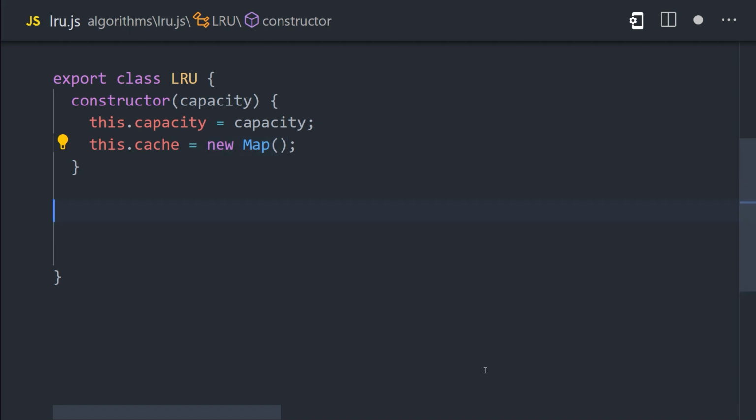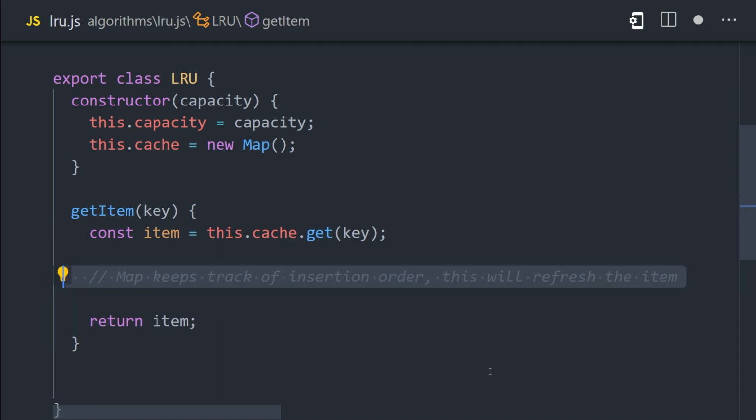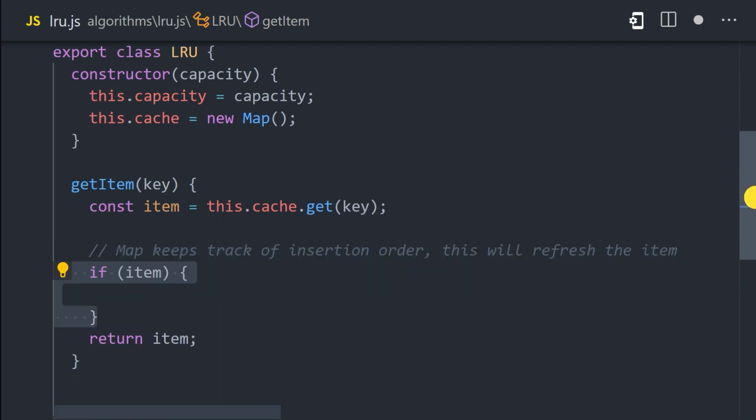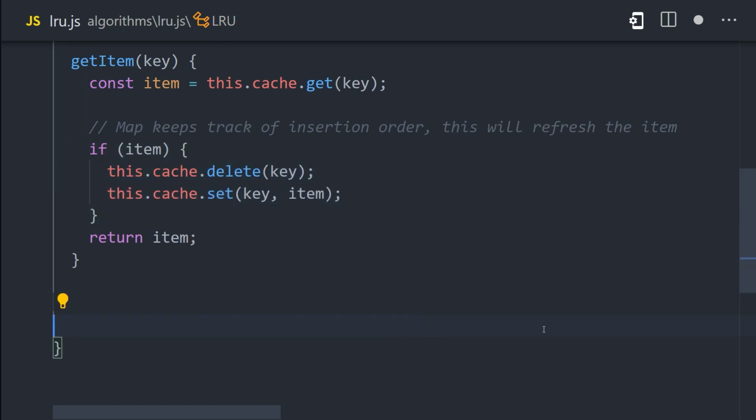Now we need to define some methods or functions to interact with them. First, we'll define getItem to retrieve an item from the cache based on its key. This is really simple because the map has a built-in method called get that takes a key and returns the item. But here's where things get interesting. If the item already exists in the cache, we'll want to delete it and reset it on the map. The reason we do this is to update the insertion order, because remember, we always want the most recently accessed